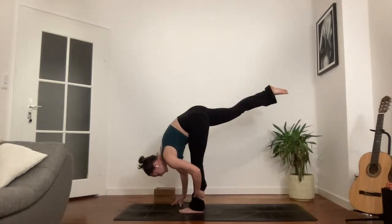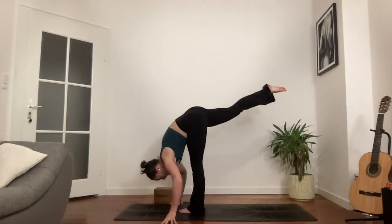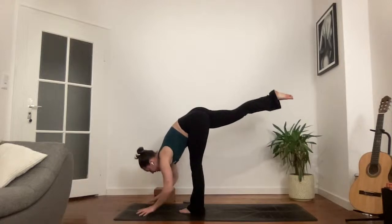Never has to be perfect. Maybe you take hold of the ankle. Maybe you keep the hands onto the floor, onto blocks. Maybe your left knee is bent. Again, take your variation. If you'd like to take the weight off of the legs, you can bring the hands